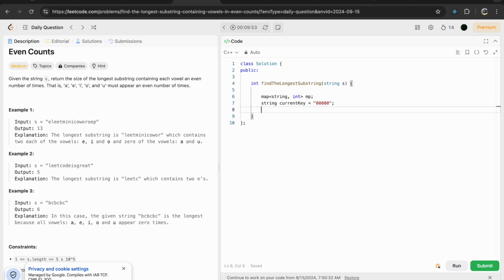Now that I have this, the next thing I need to do is to have my initial result. The result is going to be 0, and this is what I'm going to return here. Now here I need to put my logic. My logic will be for